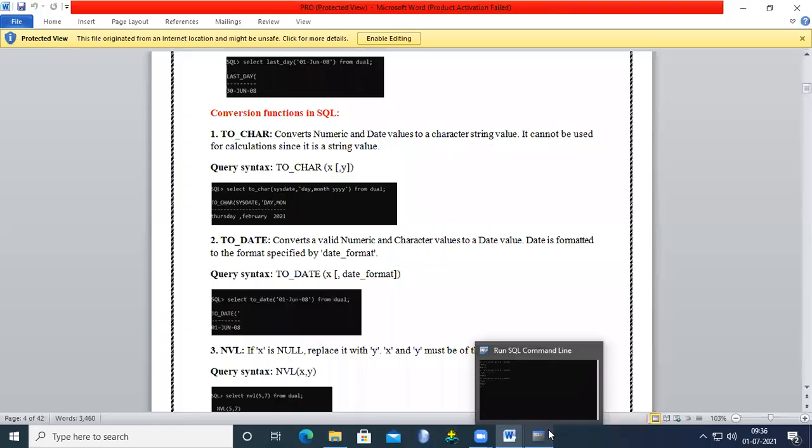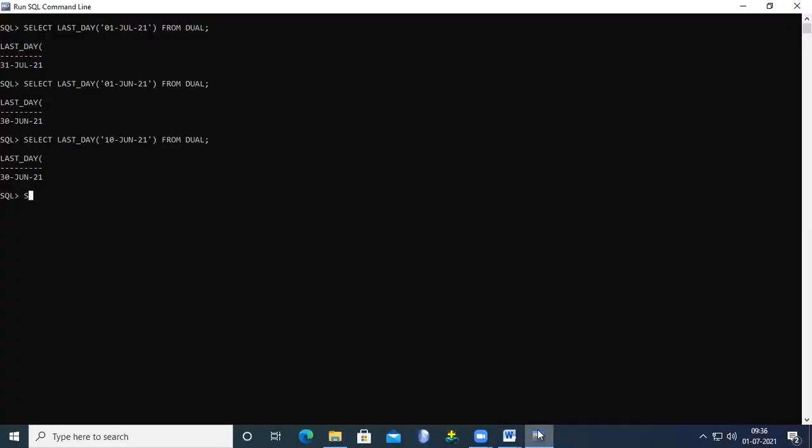Now we try to see. Select TO_CHAR, and here you specify sysdate, comma, and the format. What is the syntax?